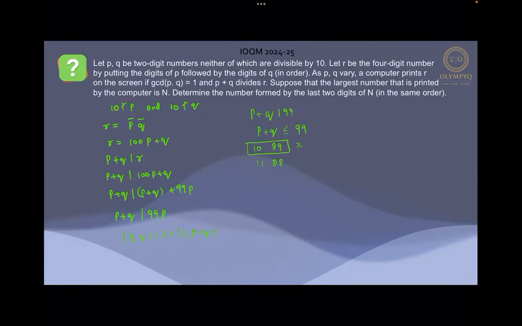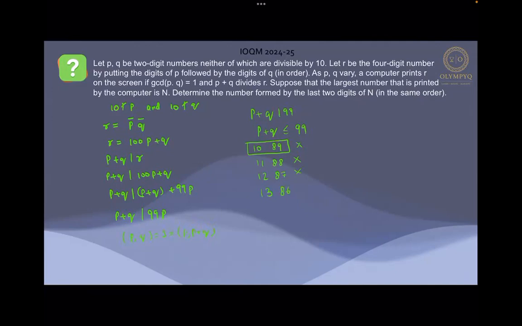Now, the next one is we can take 11 and 88. Since the GCD of 11 and 88 is not 1, this is also not the correct pair. Next one will be 12 and 87. We can see that the summation of these is equal to 99, and also 8 plus 7 is 15 and 2 plus 1 is 3. So both numbers are divisible by 3, and hence the GCD is not equal to 1. Therefore, the next ordered pair is 13 comma